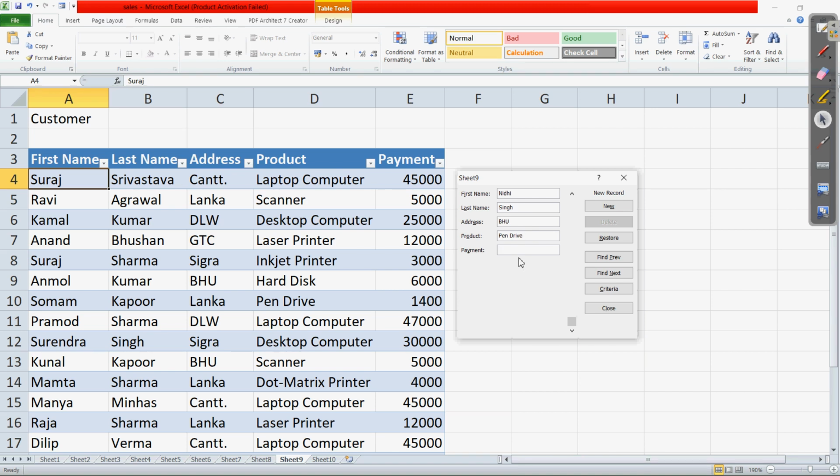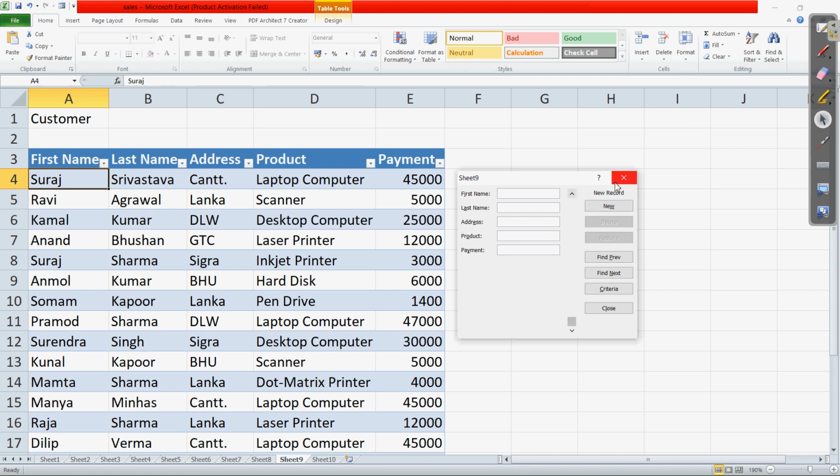So payment, whatever the payment is, write the same. Clear? So these are all the values we have written for the new records. If we want to enter more, you can click on this new button.